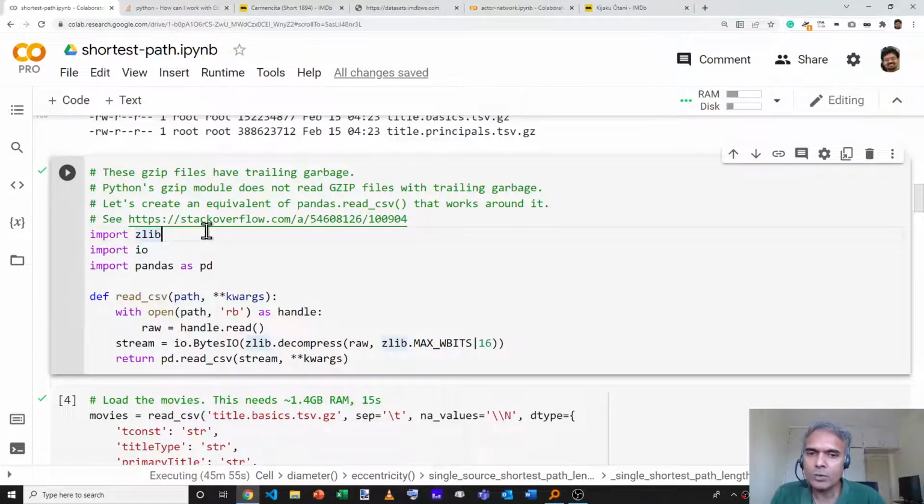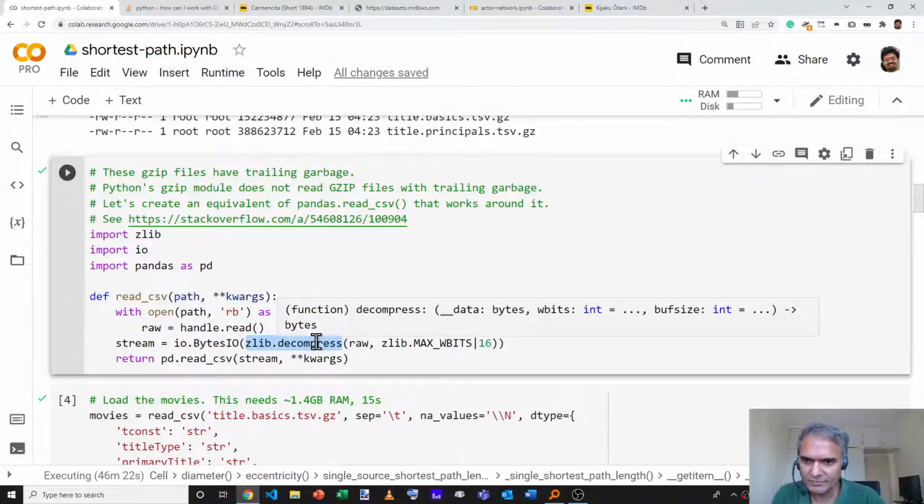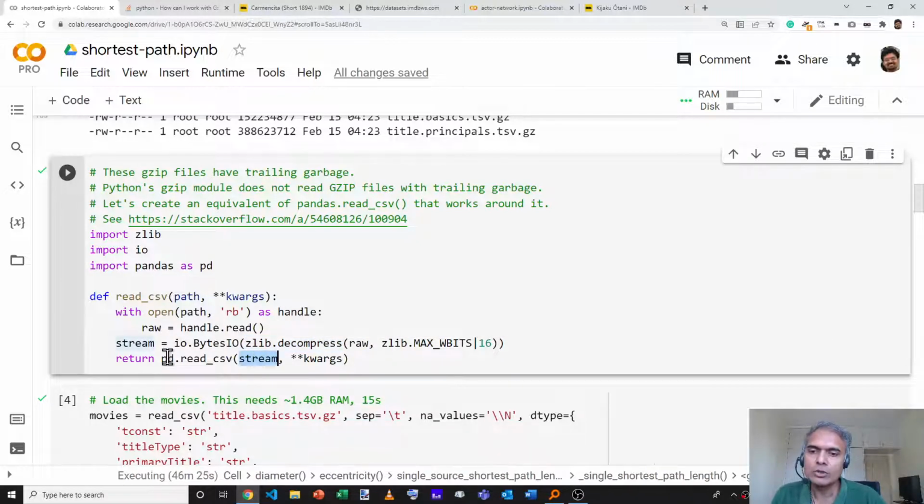But the main workhorse for reading the data is pandas, and we're going to be using pandas' read_csv function. What we'll do is create a wrapper around this read_csv function, also called read_csv, which will take exactly the same arguments that pandas' read_csv does, but instead of using pandas' default approach, which is using gzip to unzip the files, we'll effectively read the file, decompress it using zlib, and pass that stream to pandas and get the result.